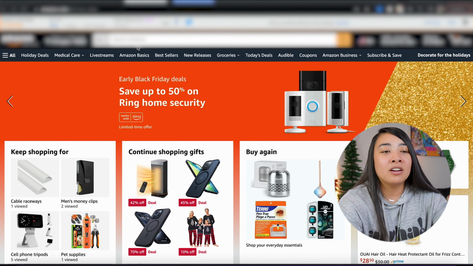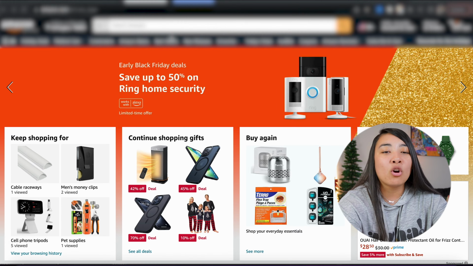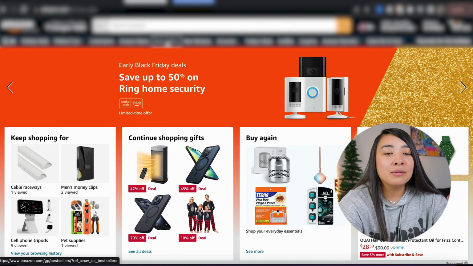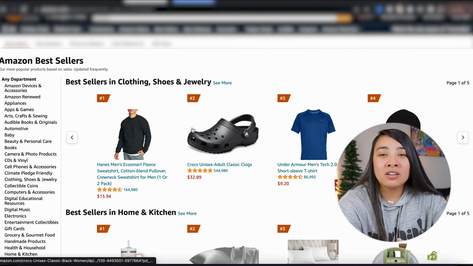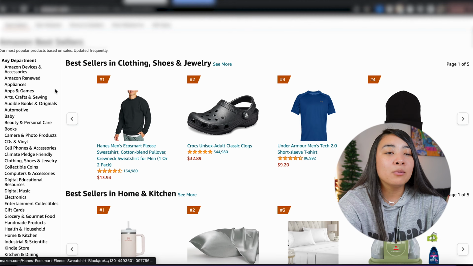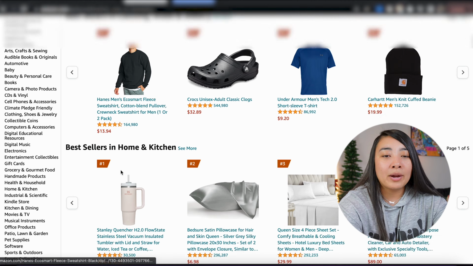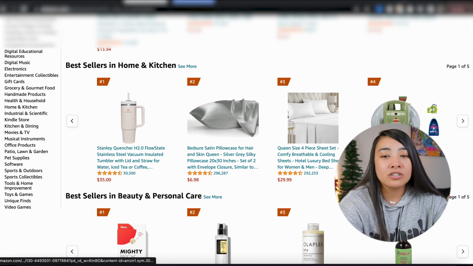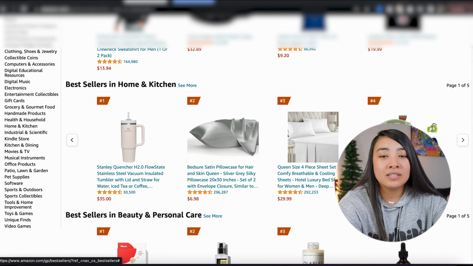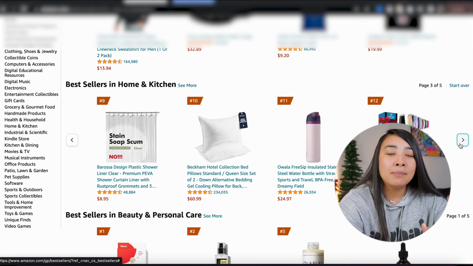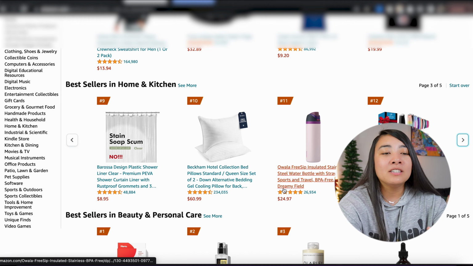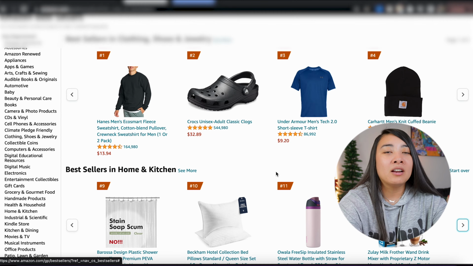So heading over to Amazon, you will see right here on the banner that there's bestsellers, there's new releases, there's all of these different things you can choose from. So by simply clicking on bestsellers, you're going to be taken to Amazon's list, where Amazon is going to show you the number one bestsellers in clothing, bestsellers in home and kitchen. All of these are great products and a great way to do product research. You can simply scroll through the items, you can see what there is, but typically in the bestsellers section, these